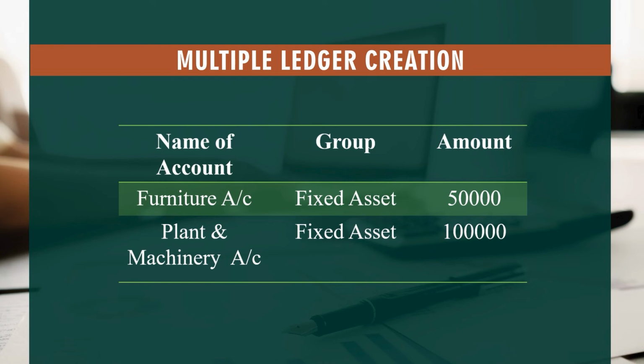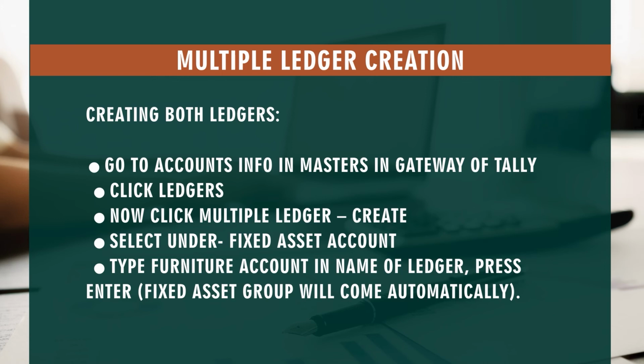we will again follow the same procedure of going to Masters, then Account Info, then clicking on Ledger. Previously we have been clicking on the single ledger, but now we will click on the multiple ledger. Within multiple ledger you will find the same options for creating. You will click create and you will select the fixed asset group. Once you select the group, you will move to the next thing, that is the name of the